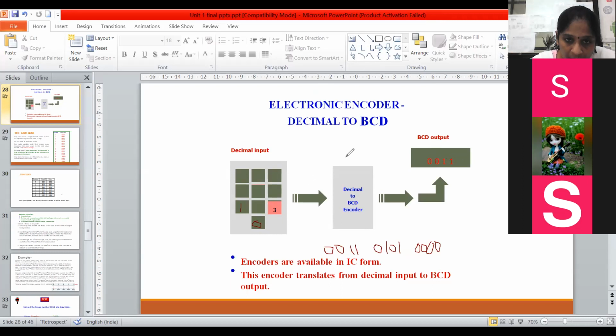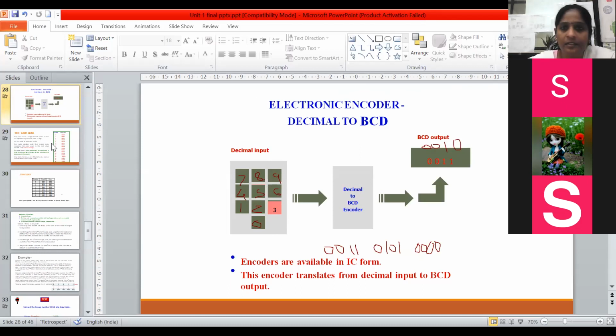Okay, I'll share the PPT with you. Now I am unable to show this to you. Animation नाही दाखवता येते मला. I'll share that PPT with you. You can check it. इथं 2 आहे. If I press the 2, what will happen? Automatically the decimal to BCD encoder will convert the 2 and it will show 0 0 1 0. BCD मध्ये डेटा प्रोड्यूस करतात आपल्याला. Then here is 4, 5 is there, 6 is there, then 7, 8 and 9 is there. Okay, here it is, which is called an electronic encoder. There is a decimal to BCD.